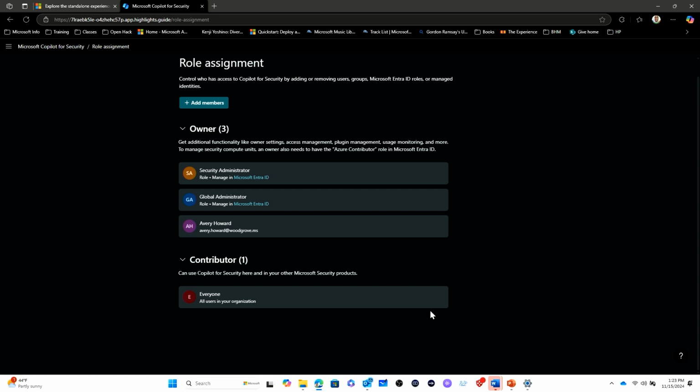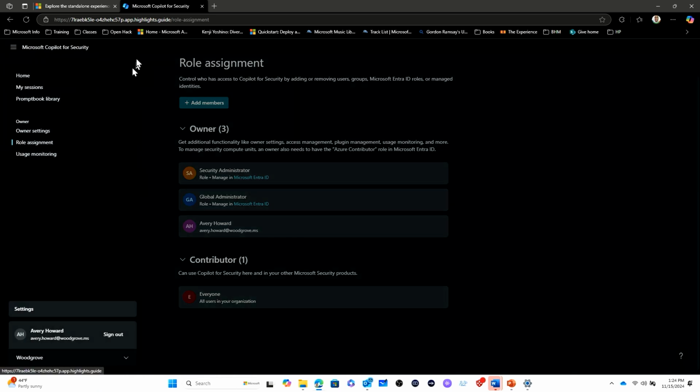And always think about the defaults are going to come to that everyone can be a contributor. Is that what you want? And if so, do we need to adjust the role assignments to meet our organizational specific needs? All right, going back to our home menu, continuing to go down the list, one of the things that's really